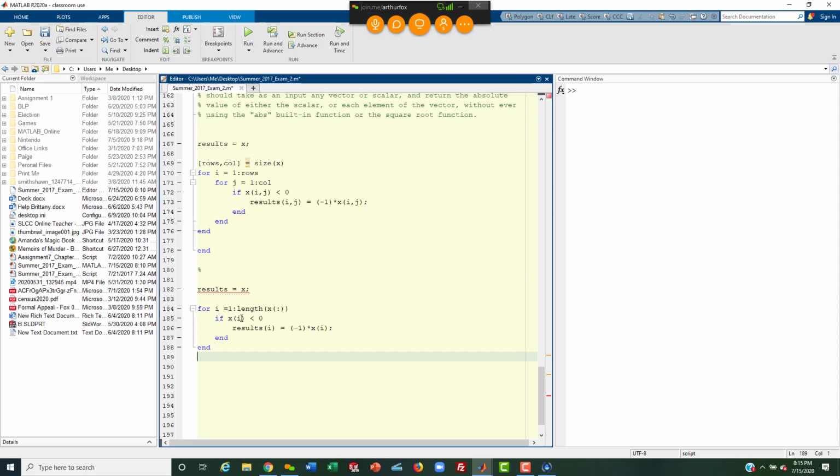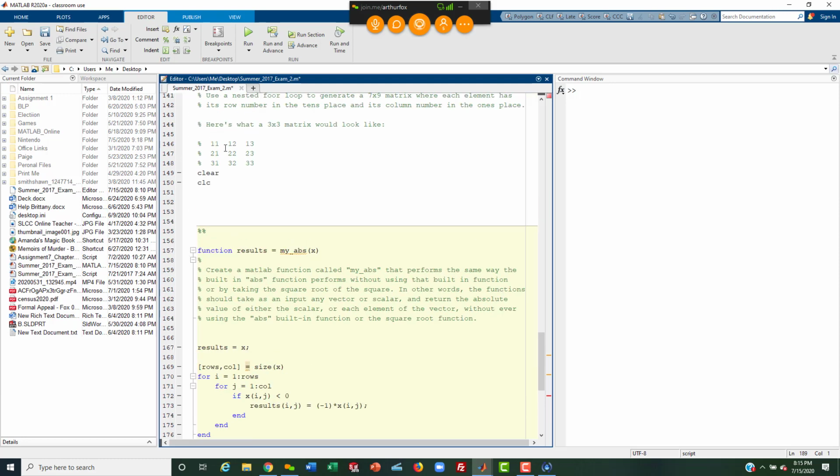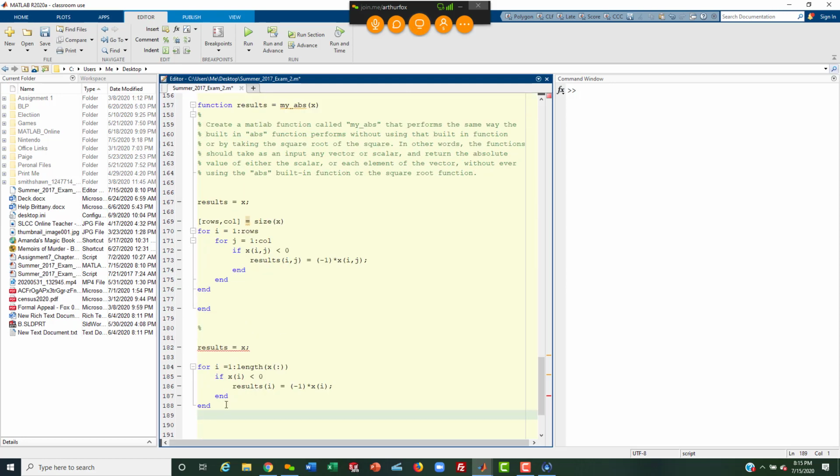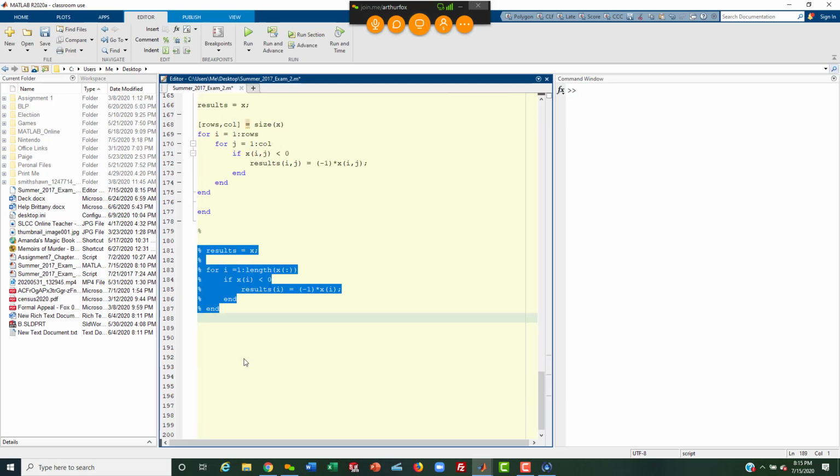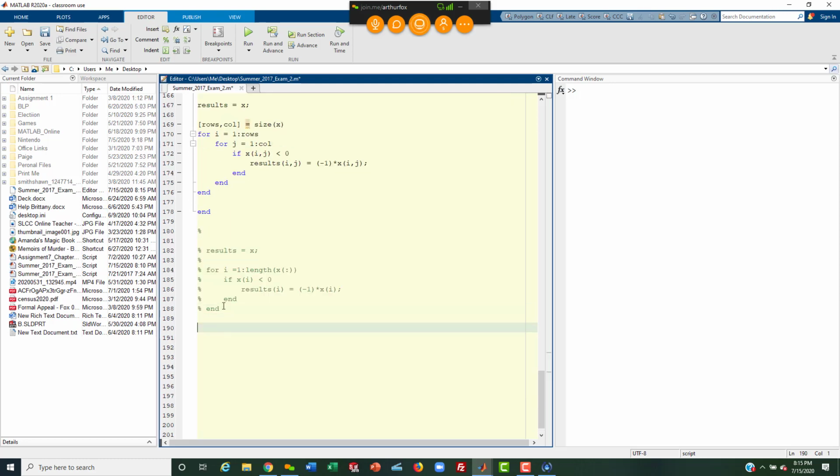Because if we just do the one number, it will come down and then go back up and come down and go back up and come down. So that's another method to do it. We'll comment that out. And then one more method would be